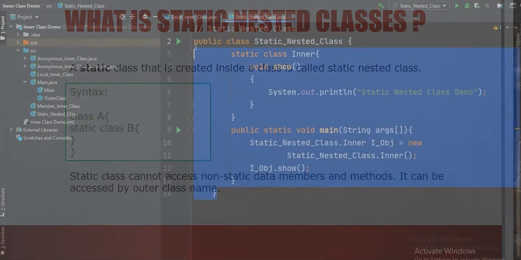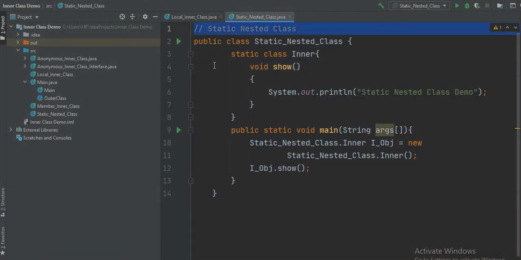So guys, here we have this program example for static nested class, and you can see that we have this outer class named static nested class, and here we have this static class, which is also an inner class, or you can say static nested class, and the class name is inner. In this we have a void show method, and it is printing "static nested class demo". And here in the main function, when we want to call this show, as we already studied,